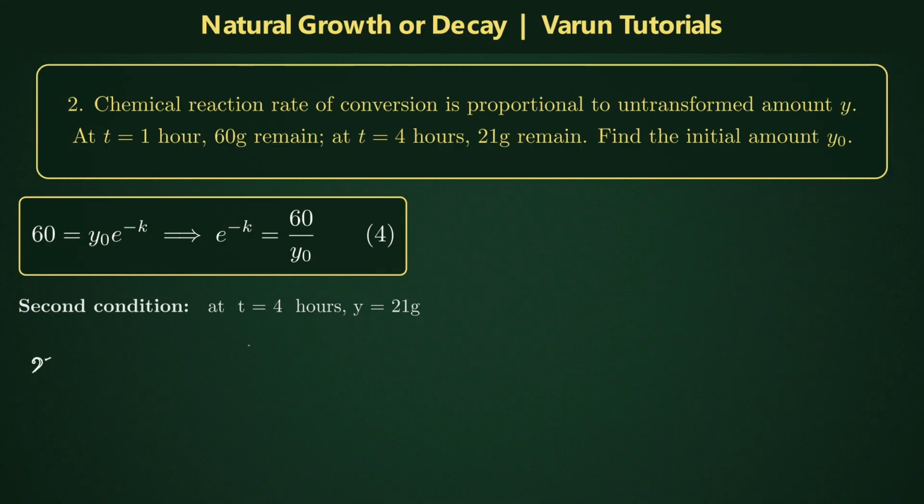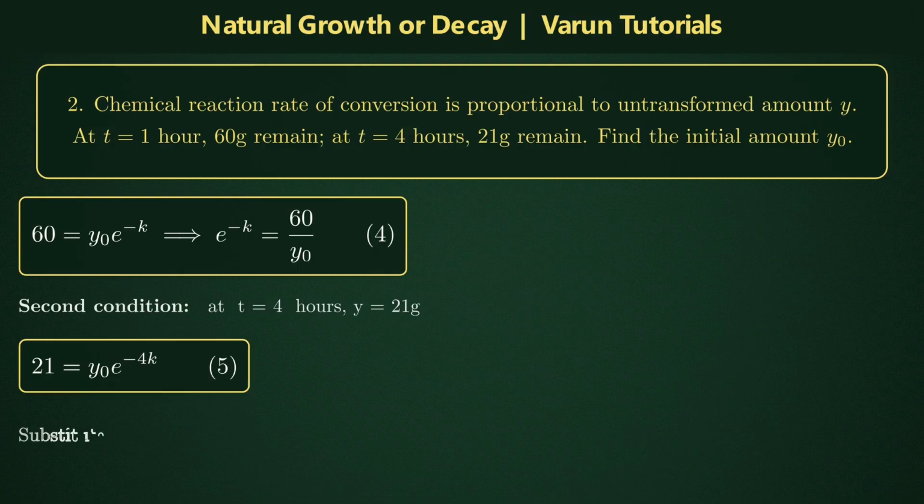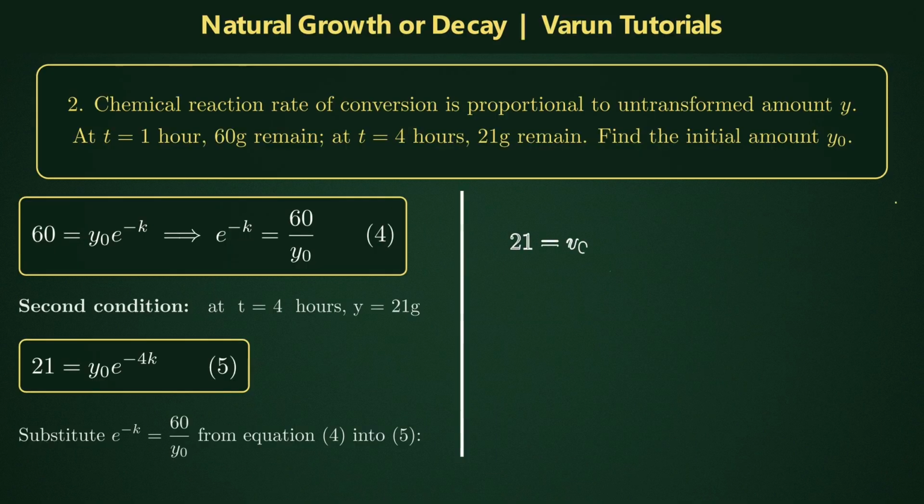Substituting t equals 4 and y equals 21 into equation 3 gives 21 equals y0 times e to the power of minus 4k. We label this as equation 5. Now, we substitute equation 4 into equation 5. This gives 21 equals y0 times the quantity 60 over y0 raised to the fourth power, which expands to 21